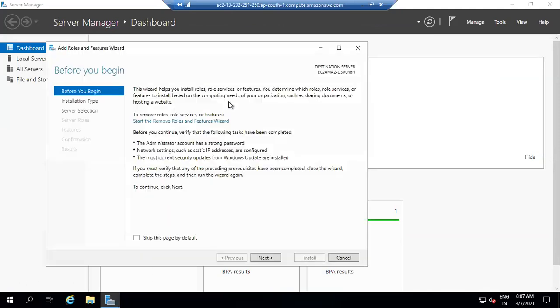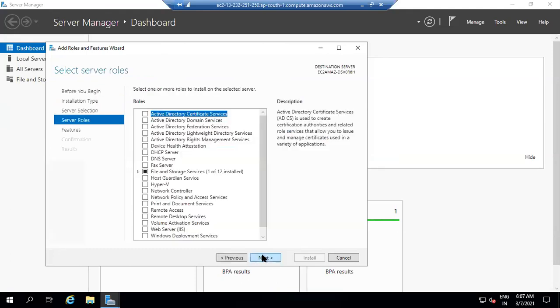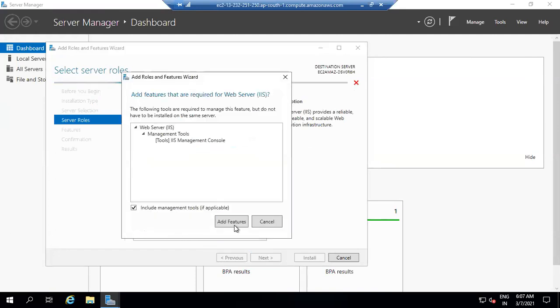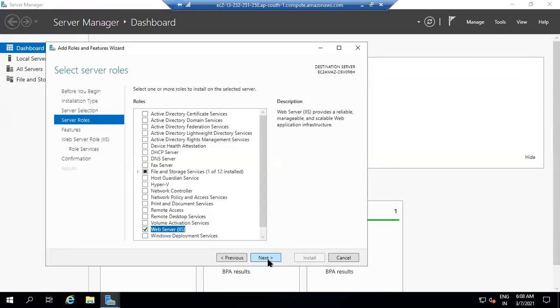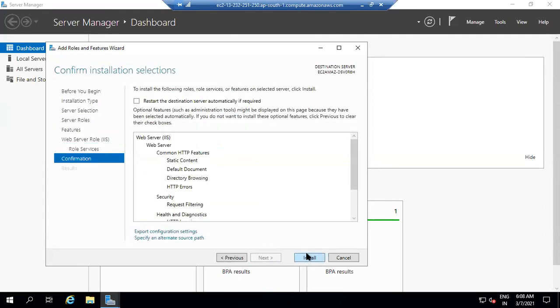Again, I'm clicking on add roles and features. Click on next, next, next. Installing the IIS, select here, add features. Next, next, next, next, install.